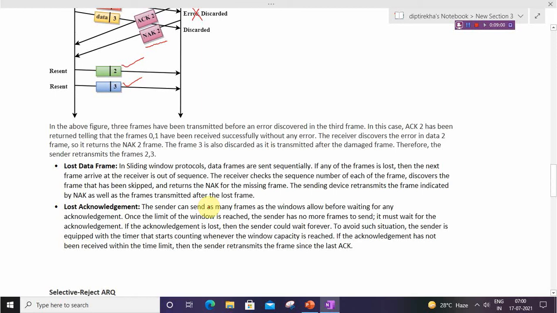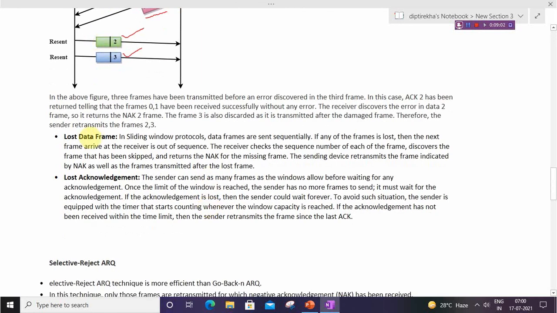Then the next case is if a data frame is lost. In sliding window protocol, data frames are sent sequentially. If any of the frames is lost, then the next frame arriving at the receiver is out of sequence.